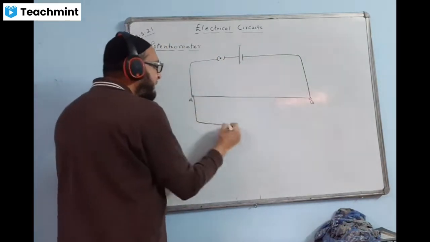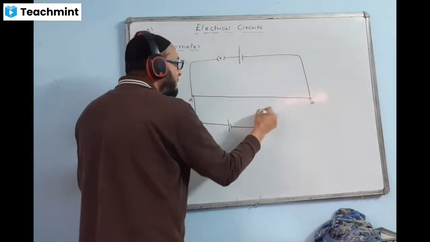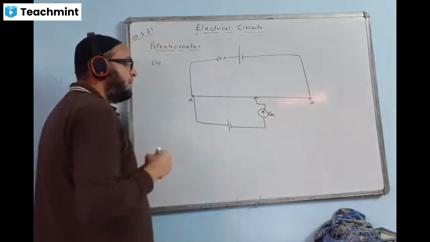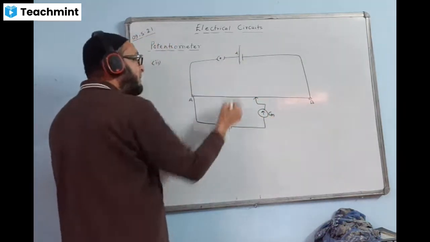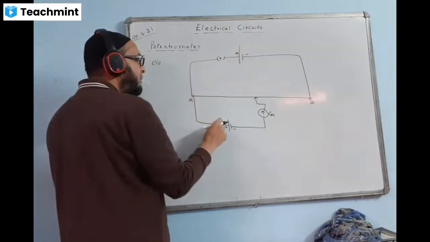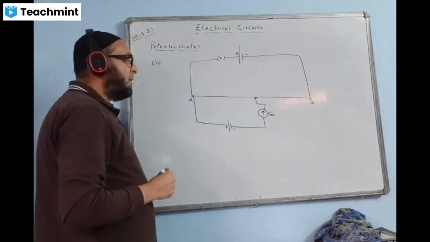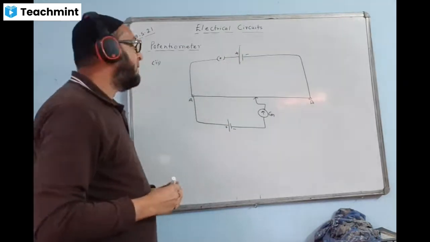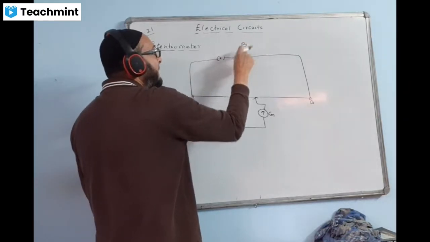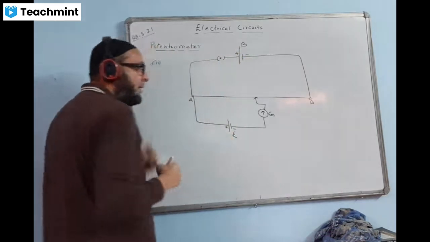And now we'll have another cell out on this side, with a galvanometer here like this. This cell is positive, and this is also positive, this side is negative. The same terminal, positive, will be connected to the positive side, and negative will be connected to the negative side. Okay, the principle number 2 says, suppose the voltage applied over here is V, or I write B, the battery, and this other cell may have EMF E.